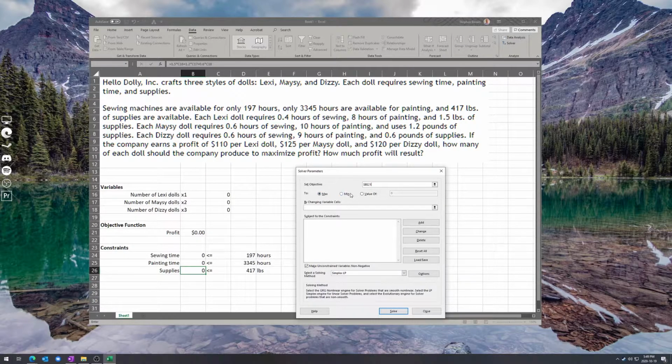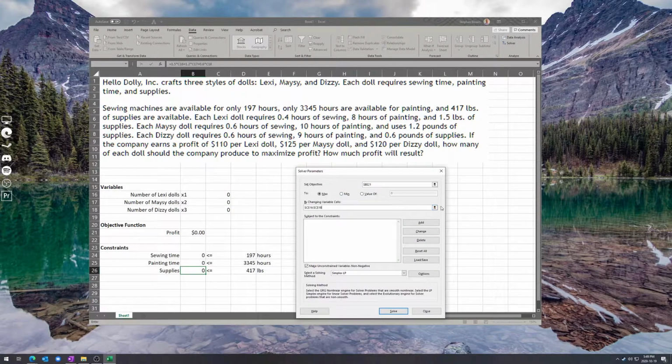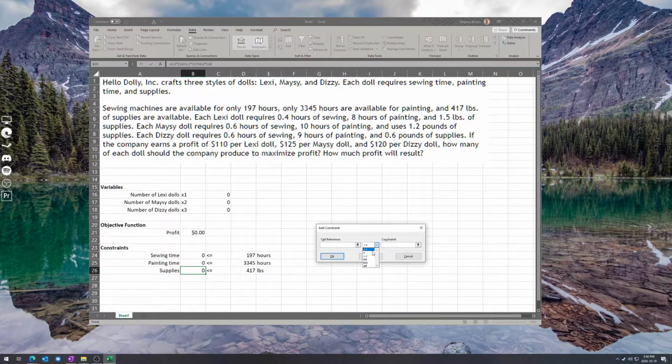But you see how easy it is just to turn this into a minimization problem. The variable cells would be these 3 zeros that we've got initially. So you can just drag those, and I've got a range, C16 to C18. Now, for constraints, Excel does make it pretty easy to add many constraints at once. When we click Add, you can see there's a drop down here for the different kinds of inequalities. There are even constraints on being integers, where all of our constraints are going to be less than or equal to currently. So we'll just set the left-hand side here of sewing time to be less than or equal to, and then clicking on constraint here,